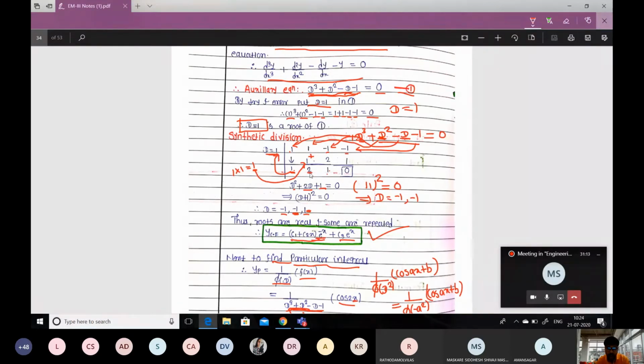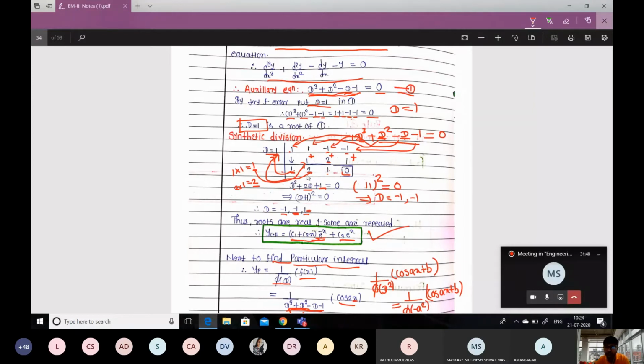Again, once you get that value after addition, just take the multiplication with the already found root, that is 1. So we get 2 into 1 equal to 2, and whatever you get after multiplication, that entry you have to write in the next column. Here I have written, and take the addition of these two entries, minus 1 plus 2, it is 1. Same process, 1 into 1 again, you will get 1, writing in the next column. So minus 1 plus 1, you will get 0. Once you get 0, this is actually the remainder.